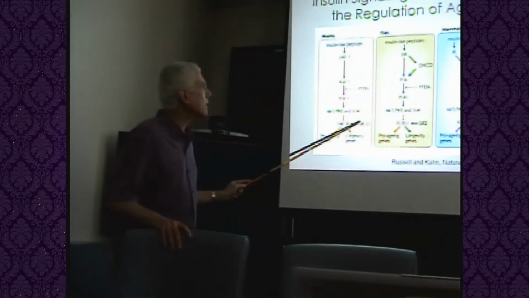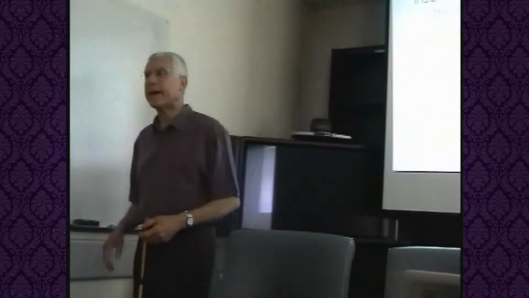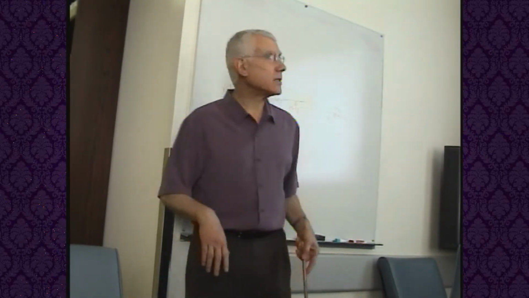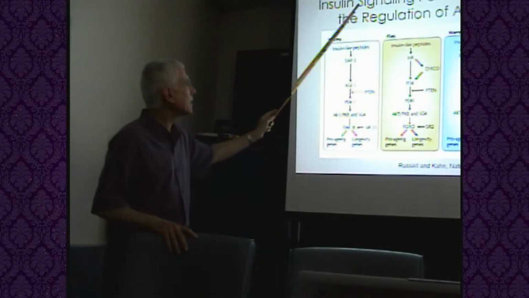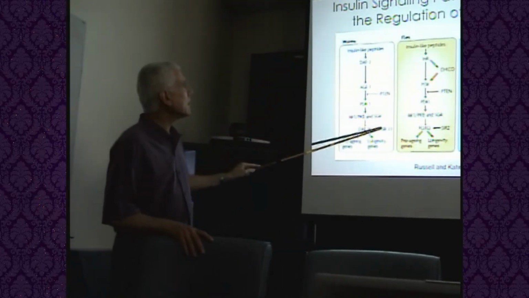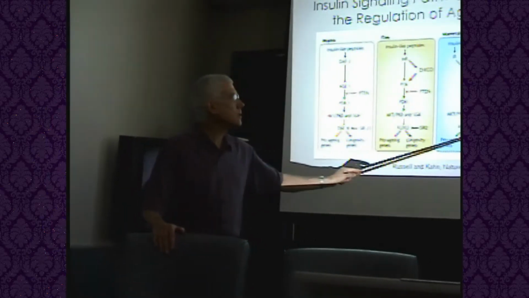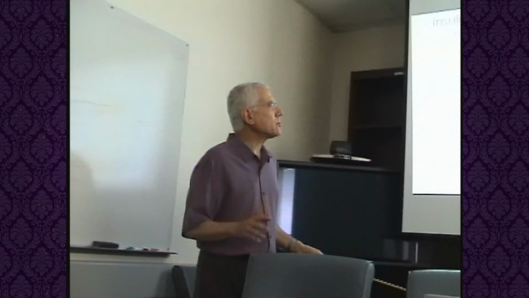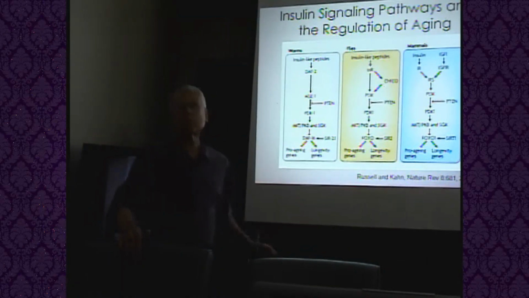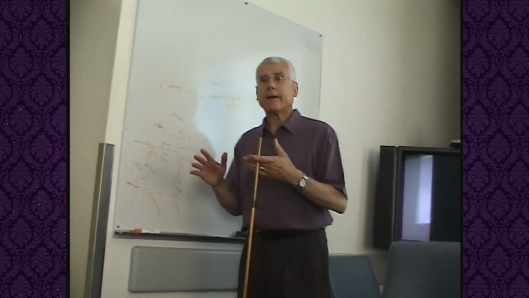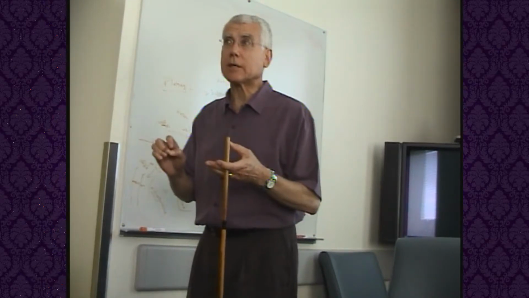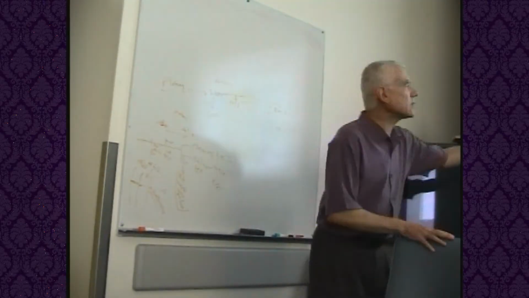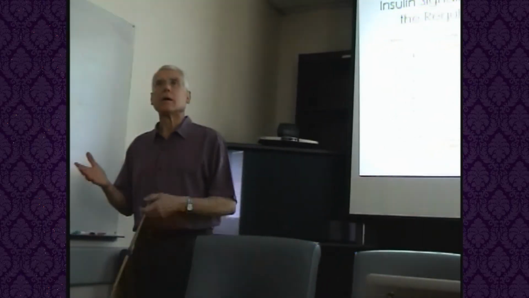There's a series of modulators of these FOXO-like transcription factors called sirtuins, which are a family of protein deacetylases. The first one, I think, was maybe discovered in the yeast. It was called SIR2, but the most prominent one that's been described in mammals is called SIRT1. There are 7 of these in mammals. And again, simplistically, what they seem to do is work in a manner that opposes the action of insulin, opposes insulin signaling. They're deacetylases, so activation of deacetylation, if you will, opposes this insulin signaling, and therefore may be considered a life-extending